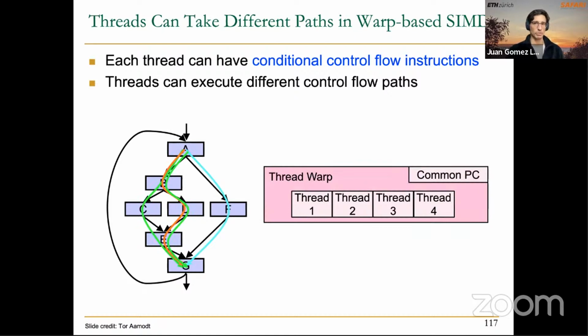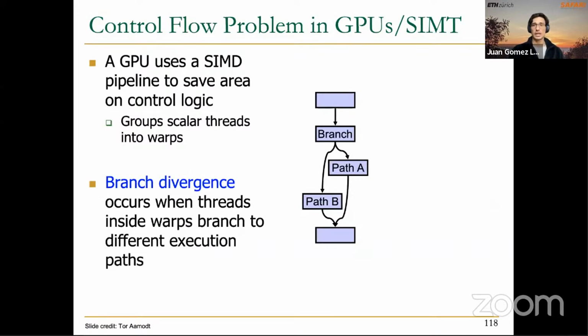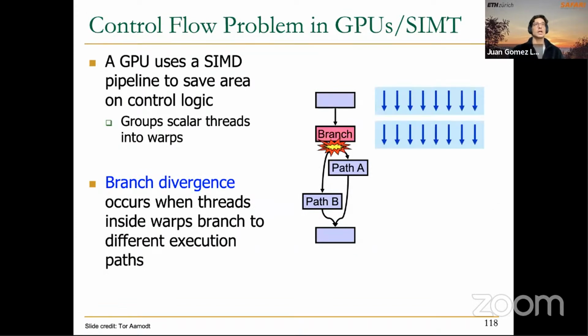The problem here is that these four threads belong to the same warp, so they have the same PC. How is the hardware going to handle this divergence that the programmer needs in the execution of the program? Well, the idea to handle this divergence, which we normally call warp divergence or branch divergence, is